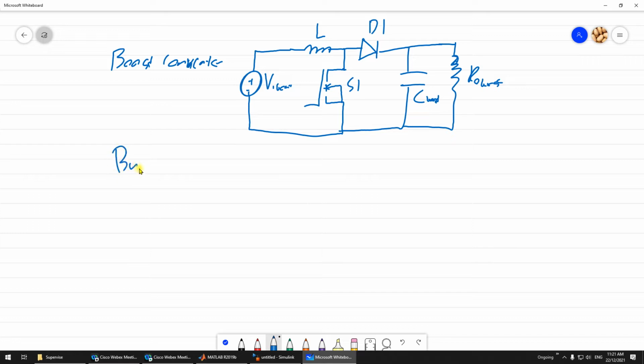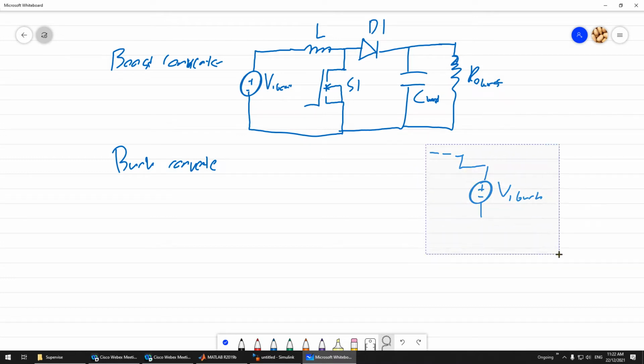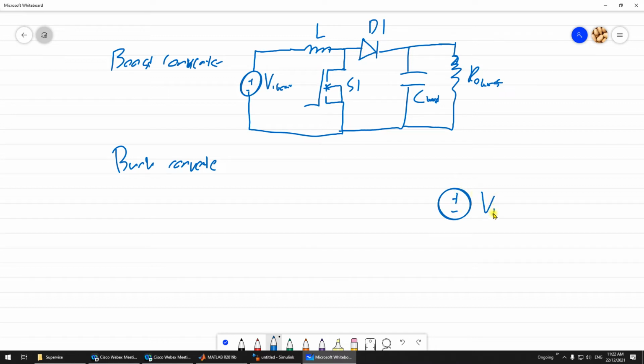How about the buck converter? So for the buck converter, I draw it flipped. Okay, so we start at the right hand side and then move on to the left hand side. So you get plus minus here, V in for buck, and then you have a switch there. Maybe I should move this, or I just redraw this again. So plus minus V in buck,